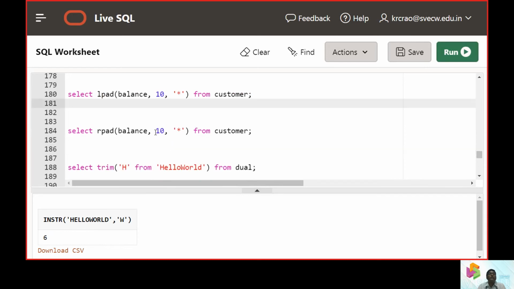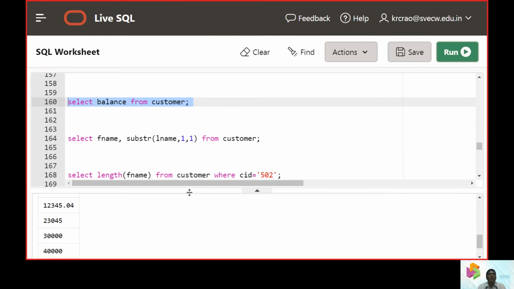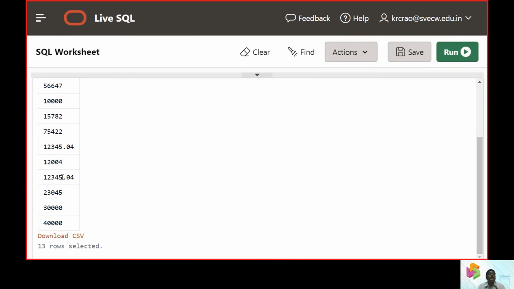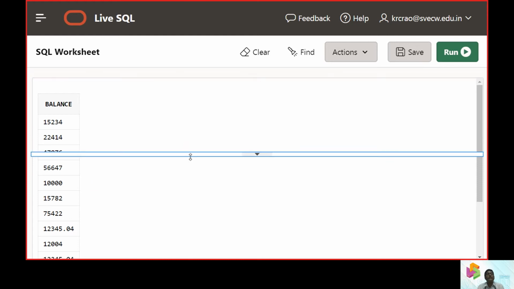Now I want to display the balance, so select balance from customer. Now I'm hitting the run button, and we will be getting all these values. Now I want the left side of the characters to total 10 digits, with the left characters empty. Instead of leaving it empty, I want to replace it with an asterisk.